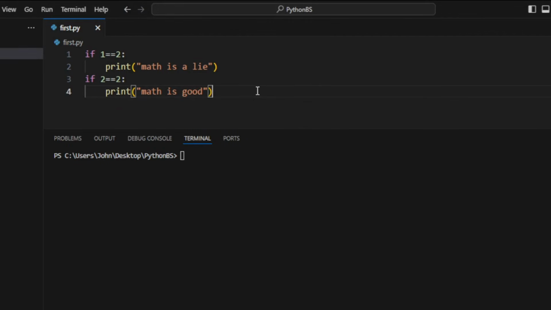Along with the if statement, we have the else statement. The else statement will run when the if statement is false. Let's rewrite what we have with an else statement. We don't have to specify a condition with an else statement, we just have to make sure it is following